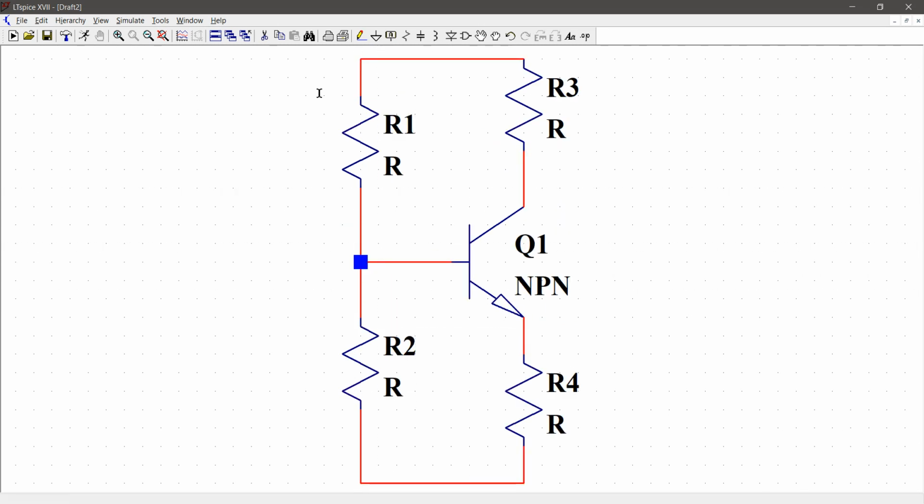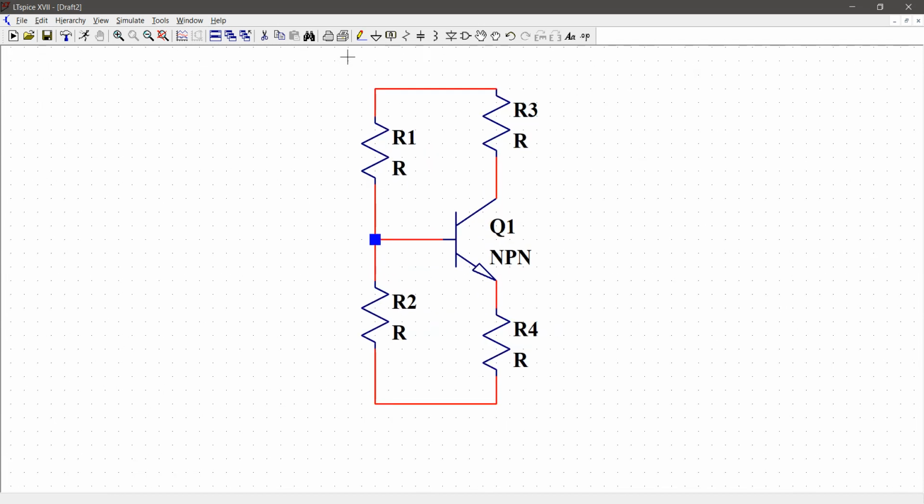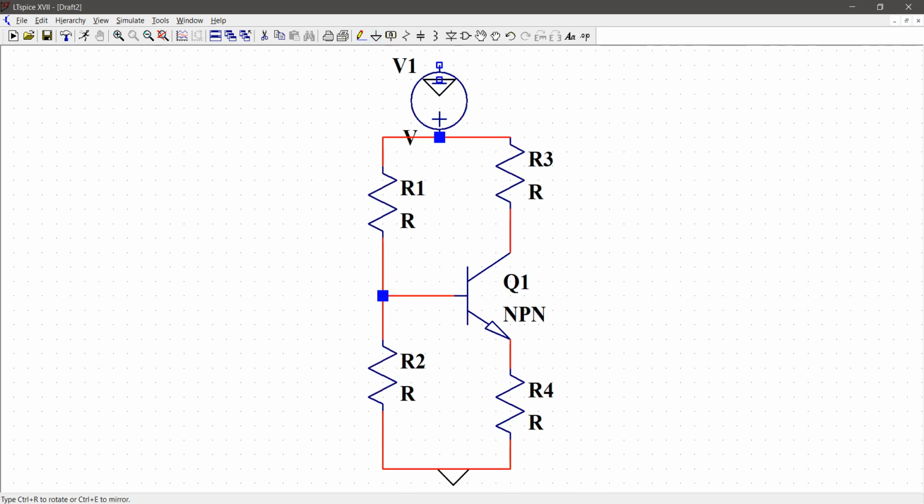Now it's time to put a voltage source, which is my VCC, and let me reorient this by rotating the source. And I need a ground. So this is my ground. I need another ground to ground the voltage source. Alternatively, you can also connect the negative terminal of this voltage source to the same ground. But this looks much better. That is why I use this. Remember, both the grounds will be same.